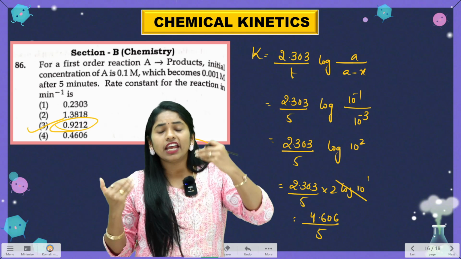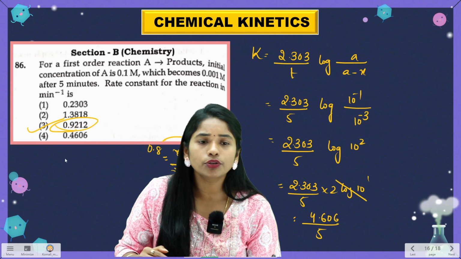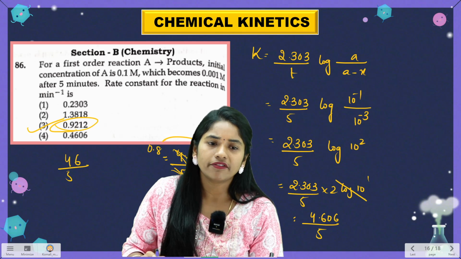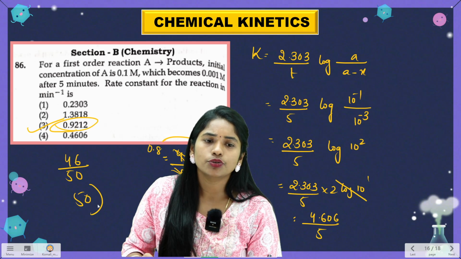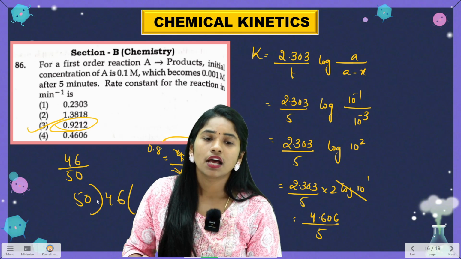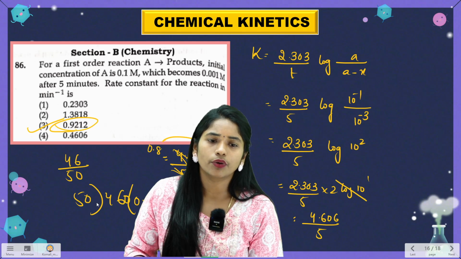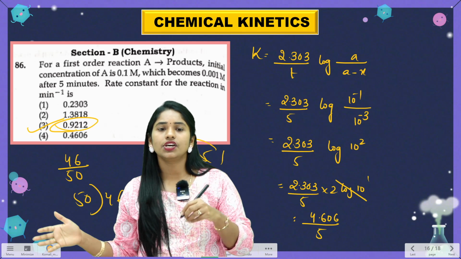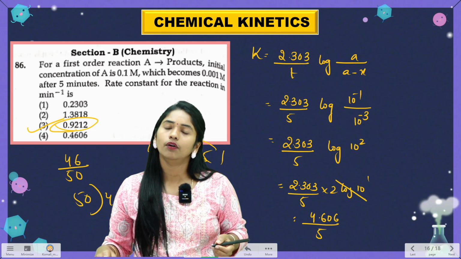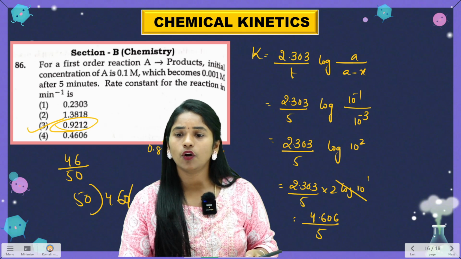That is the way to do it faster. If you want to do it slowly, like 46 by 50, then you can do the usual division method. 46, put 0, 0, again 46, 59, sir, you can do it and solve. Okay, shall I go to the next question, all of you?